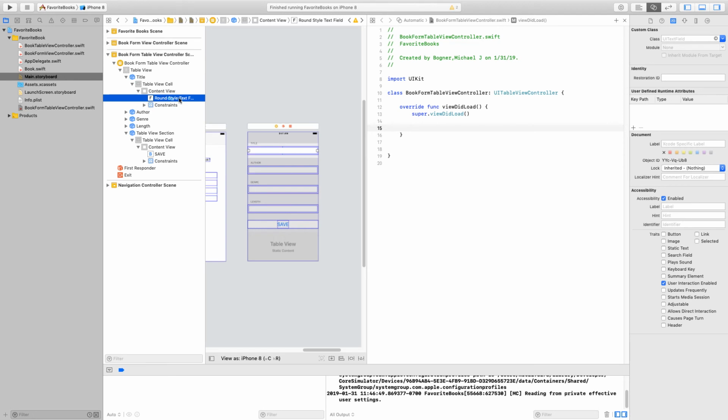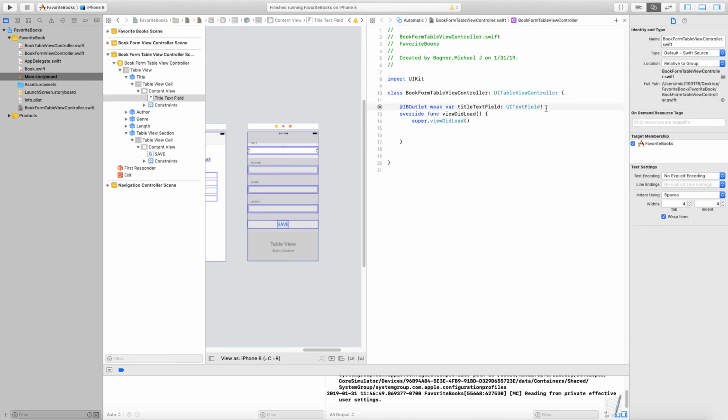I'll click on Control, and then I'll click on drag over, and what we're going to do is we're going to call this our title text field. And you'll want to use the exact names that I'm using here because we're going to be copying the code that's currently in our view controller into our table view controller, as it's going to act exactly